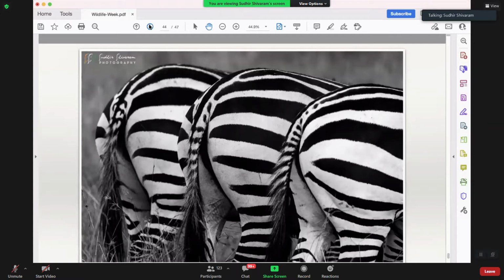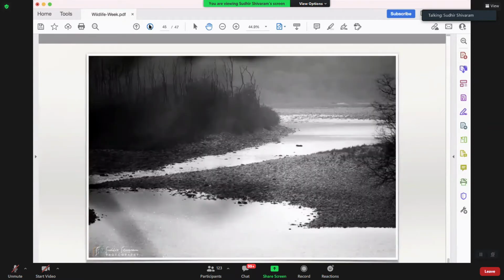Again, some nice patterns we have. And of course, a tiger over there. This is again Dikala in Corbett. So you can see the dust speck over there. This was shot at 12:30 while we were returning, going back. On the main road itself, you can drive, and there we got this.